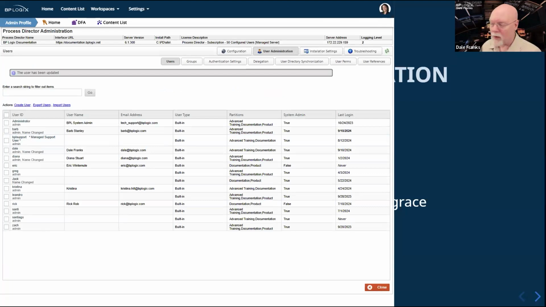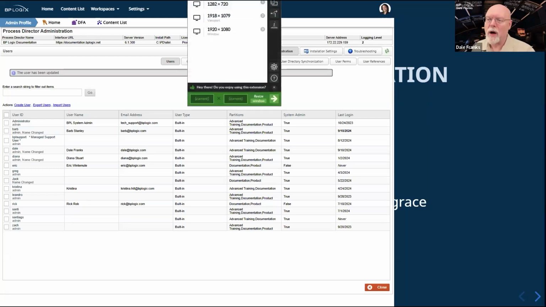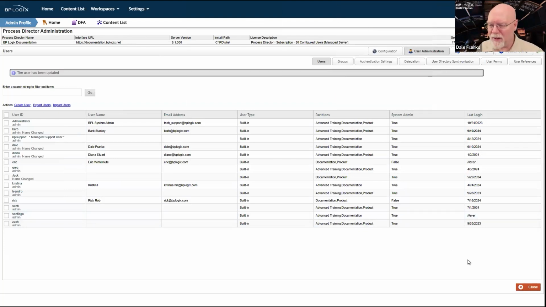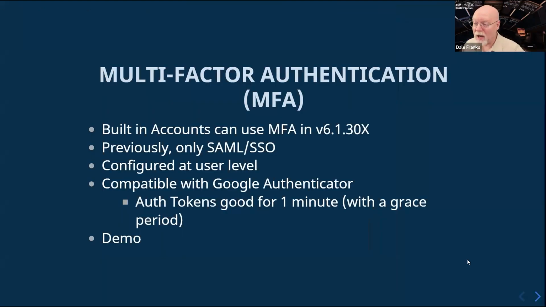By the way, the reason that we're implementing it is because of some new security rules, especially in the European Union, that are requiring much more secure logins as part of the Data Protection Act. I believe it's GDPR on the continent. I'm not sure what they call it in the UK. Doesn't matter. Process Director will be compliant with it because MFA is basically the de facto authentication requirement now in the European Union, or certainly in Great Britain. And so it's now just going to be part of the product, which I'm happy about because I use MFA for everything. So if I have it available, I'm certainly going to use it.